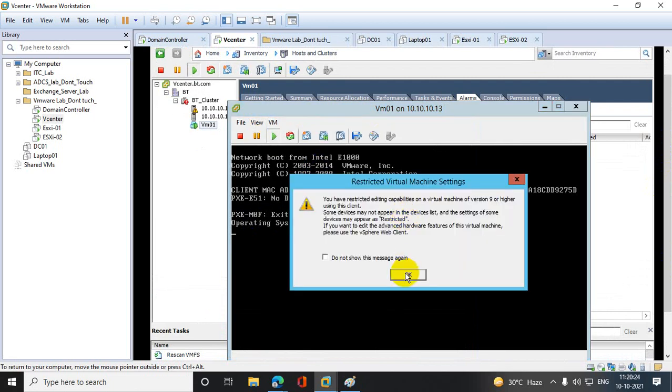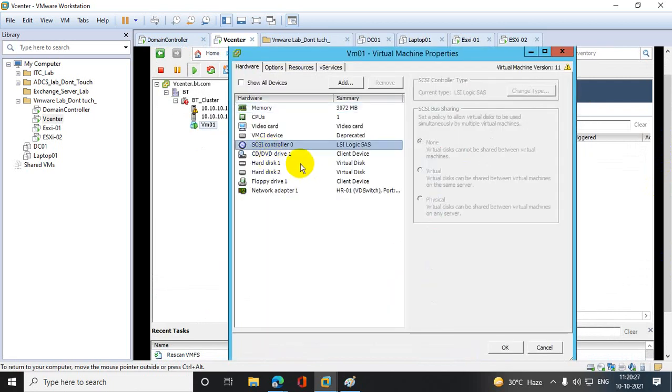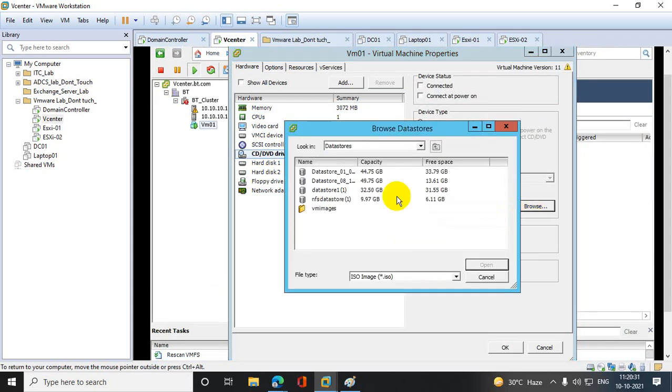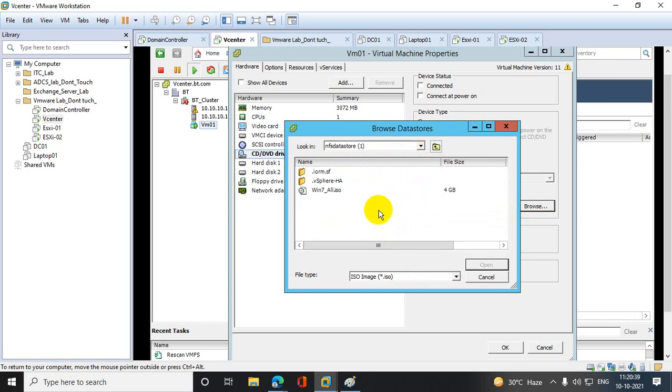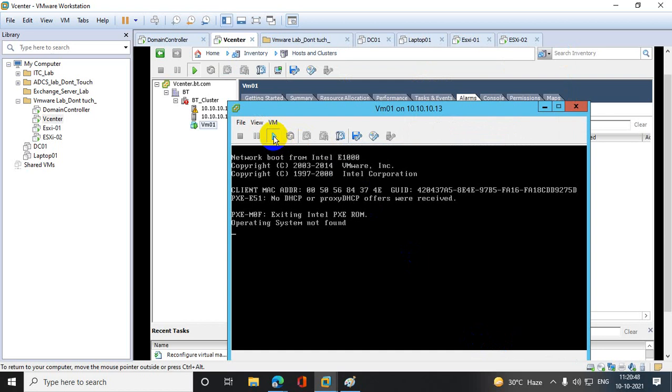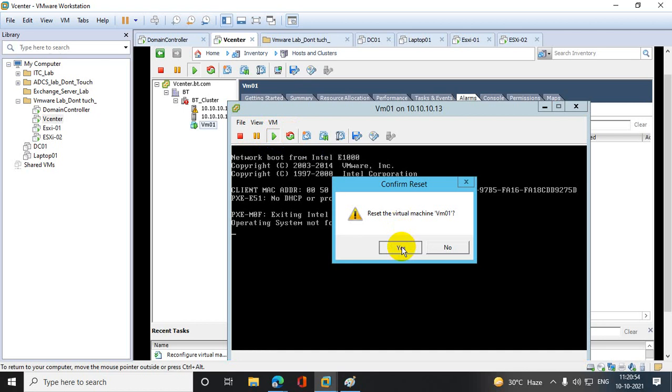So edit settings. I will select CD-ROM drive, datastore ISO image, VM image. No. Where is the file? My file was on NFS, I guess. Windows 7 ISO, yeah. And connected at power on. Okay. So let's restart guest.